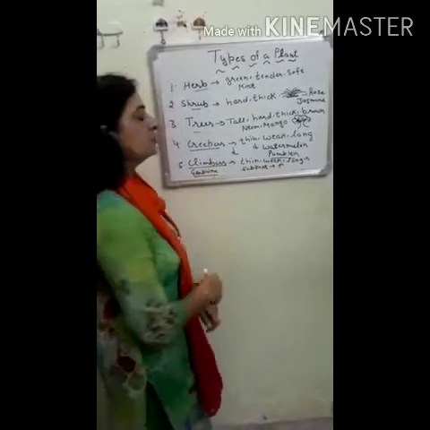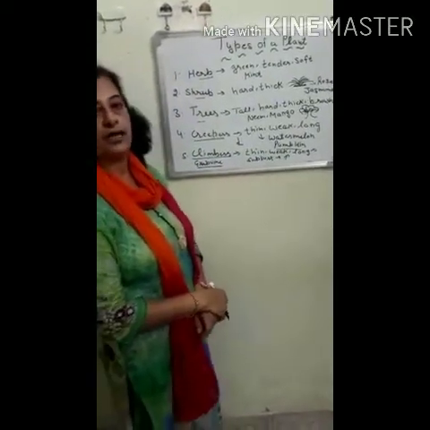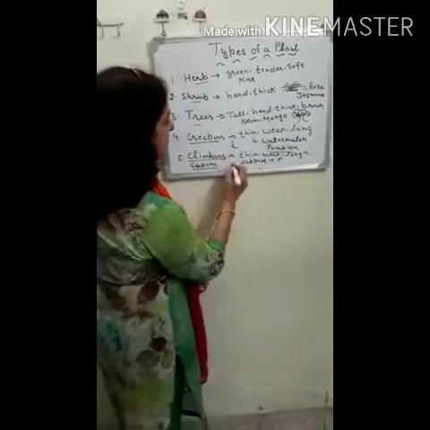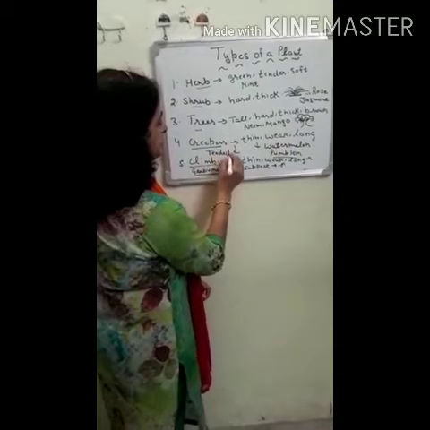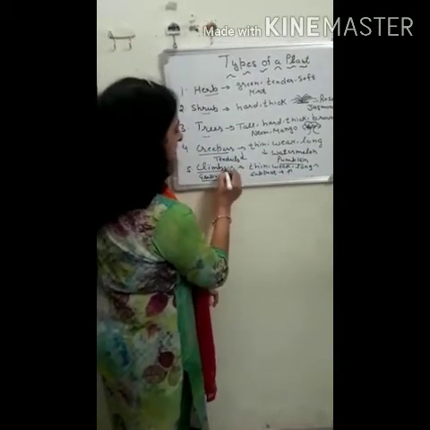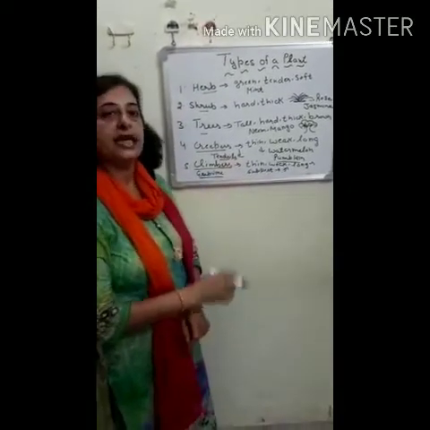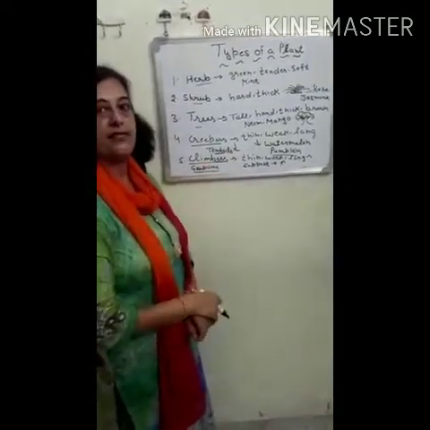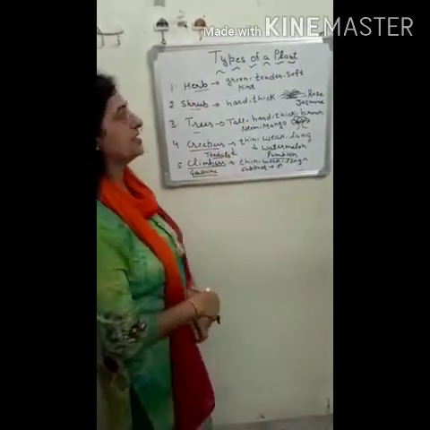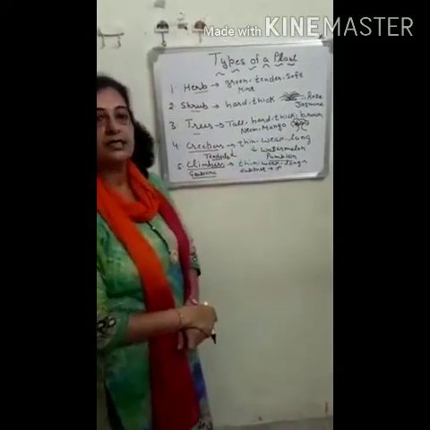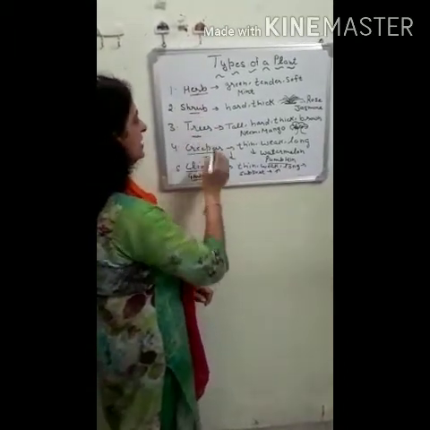And the spot through which they move upwards has a special modification. This is known as tendrils. So plants which are climbers, with the help of tendrils, maybe leaf tendrils and maybe stem tendrils, can go upside. So on the basis of size, plants can be categorized into 5 types: herbs, shrubs, trees, as well as creepers and climbers.